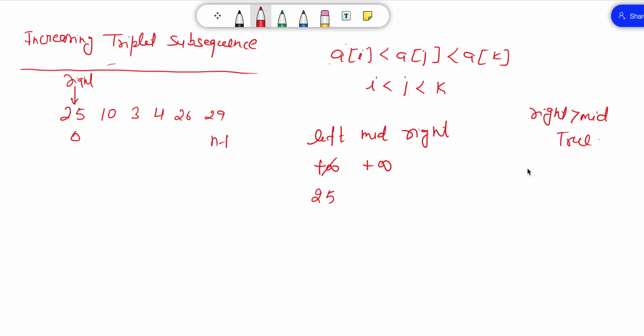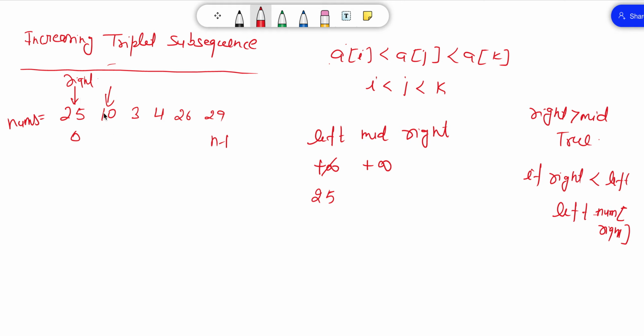The condition is: if right is less than left, we assign left equal to nums of right, and just move right plus 1.